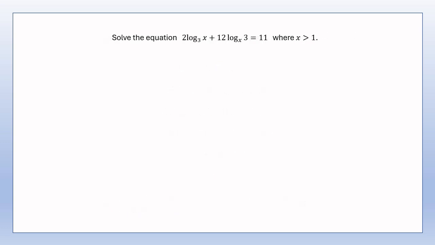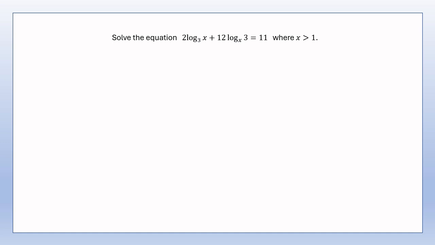Solve the equation 2 times log to the base 3 of x plus 12 log to the base x of 3 equals 11, where x is greater than 1. So here straight away, I'd notice that the bases of the logarithms are different. So there are many of the laws of logarithms which I'd maybe like to use, but which are unfortunately not